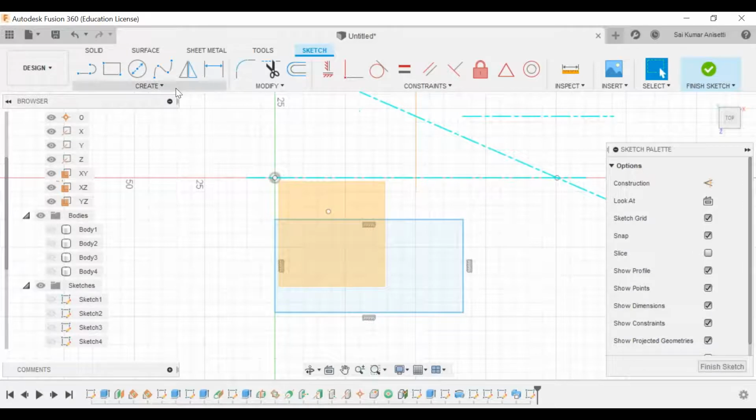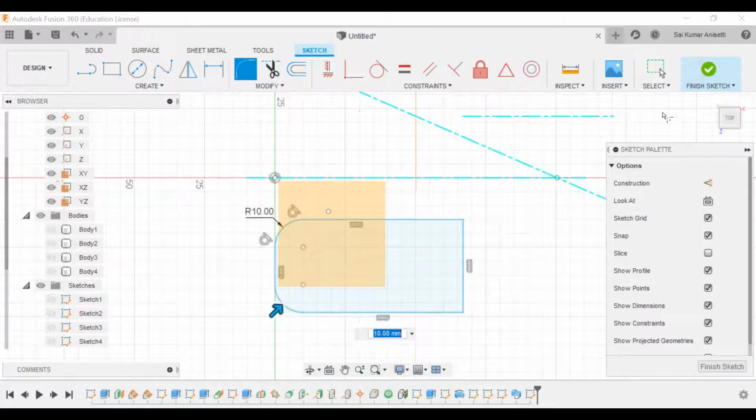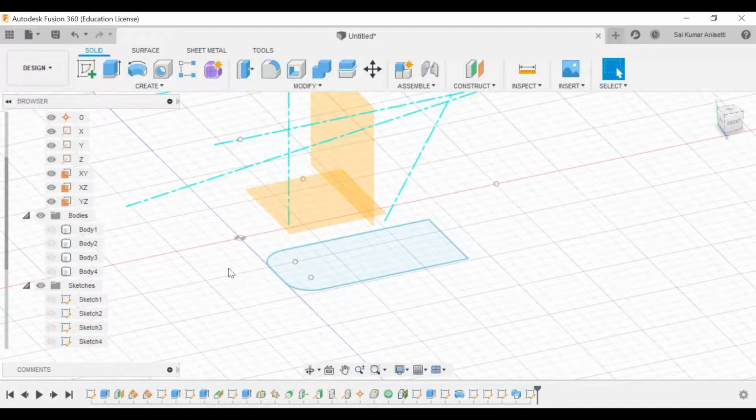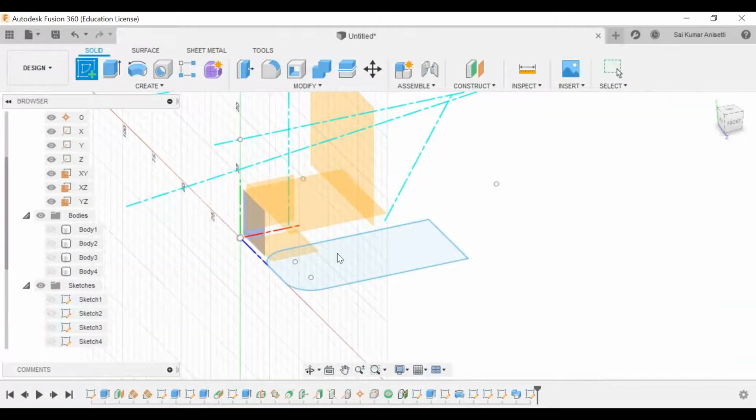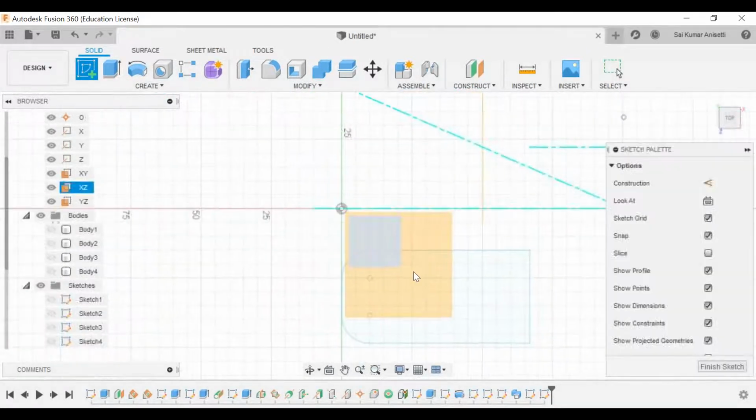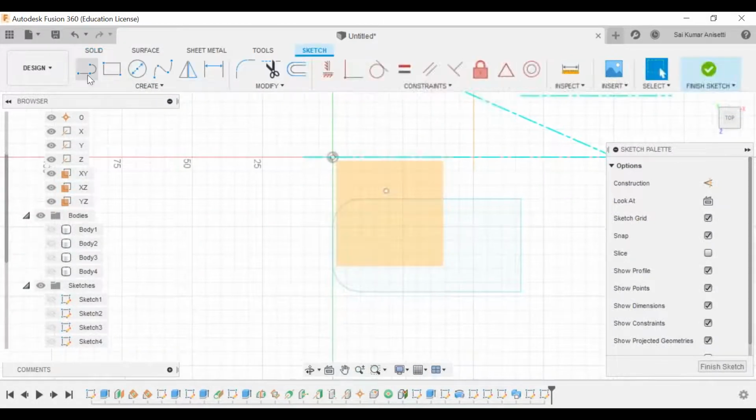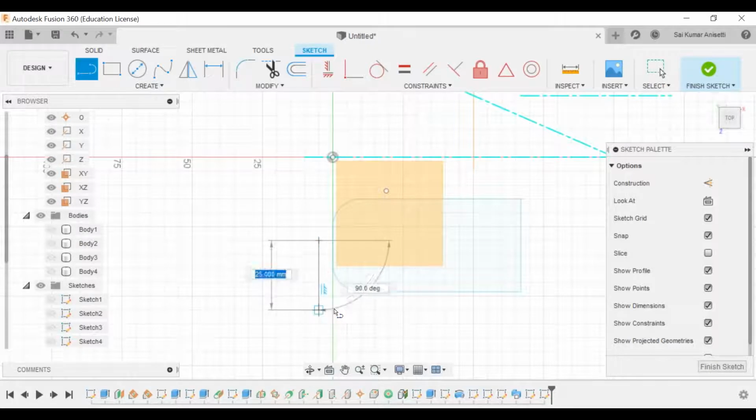A rectangle. Select a fillet right at the corner. Sketch. Now I'll draw another sketch. I'll just explain what I'm doing. I'll take a line, draw a line which is parallel to this.